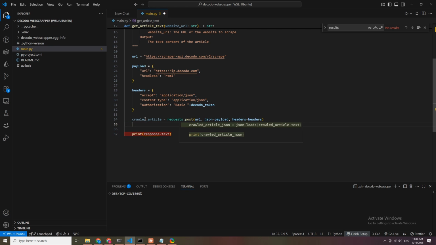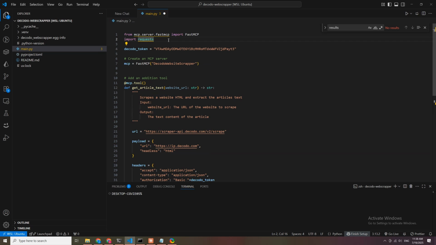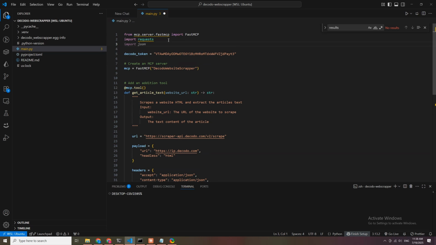200 means that it's successful. 404 means that it was not found. 500 means that there was an error. So basically, I'm just going to check that it is 200. And if it is, I'm going to return the text. If it's not, then I'm just going to say that this website has an error or something like that. So I can have the crawled JSON, which is json.loads, and give it the article.text, and this basically is going to make it as a JSON. So you can here import JSON,